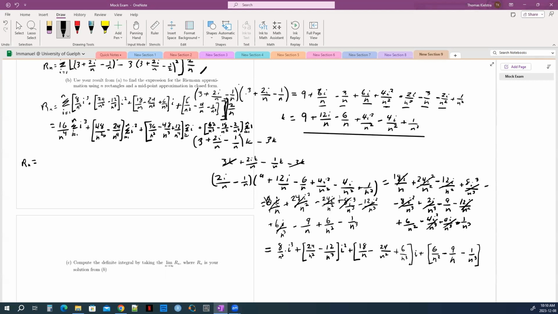And now what we're going to do is replace with the formulas for the sum from 1 to n of i, i squared, i cubed, which gives us 16 over n to the 4 times n squared times n plus 1 squared over 4 plus 48 minus 24 over n cubed over n to the 4 times 2n plus 1 times n plus 1 times n all over 6